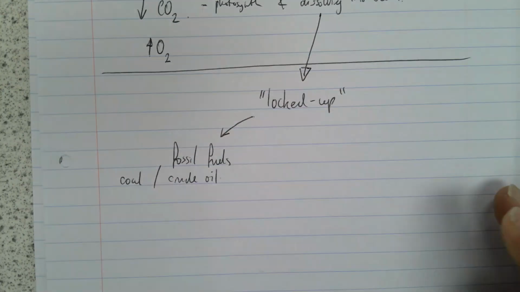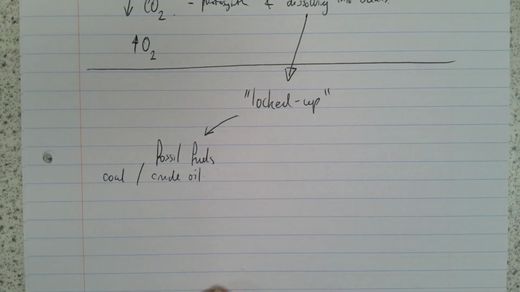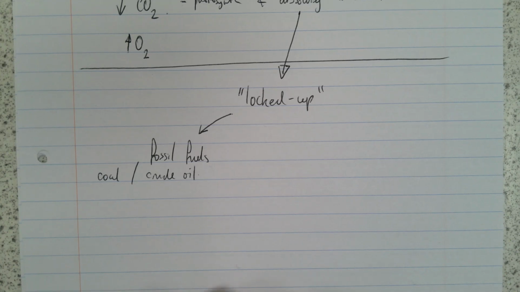Right, so the carbon atoms that were in the living things from millions of years ago got compressed under huge temperatures and pressures. Millions of years ended up forming fossil fuels, right? And we now are gradually burning our way through those and returning some of that carbon back to the atmosphere, which is great news for everybody, right?